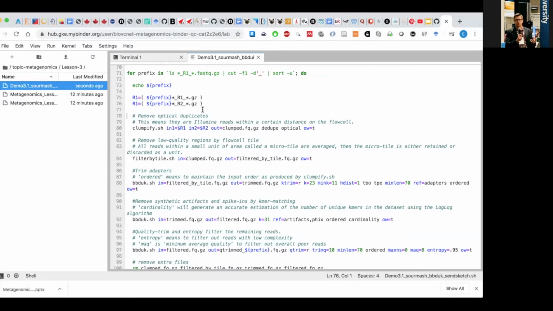And these are all based on a typical bioinformatics pipeline written by Brian Bushnell for JGI. So the first step in this pipeline is to remove optical duplicates. So these are duplicates that are within a certain distance on the flow cell, and they're kind of typical to